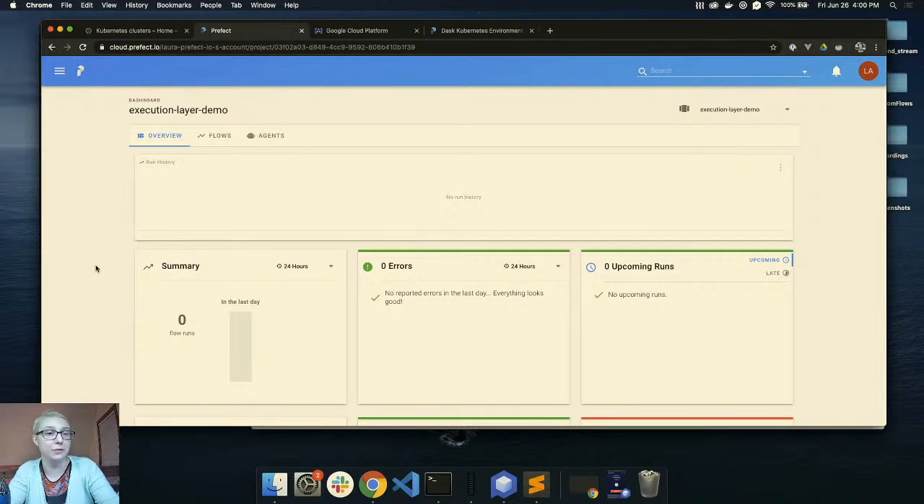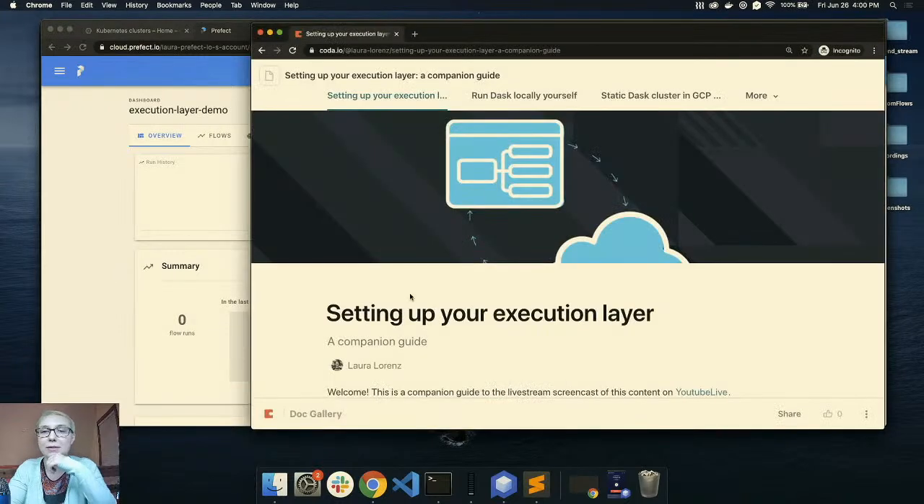I work for Prefect, and today I want to talk to you a little bit about how to set up your execution layer. So we'll talk a lot about what that really means, and also look at a couple different ways to do it. But before I even really get started, I want to point out that I do have